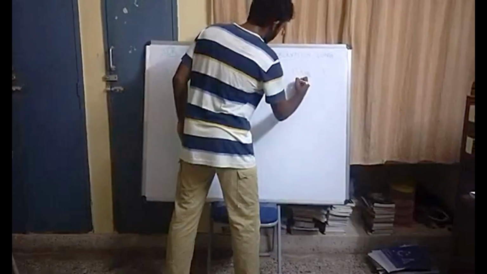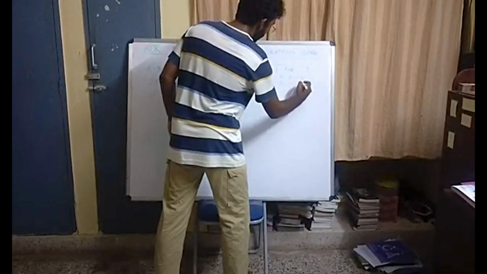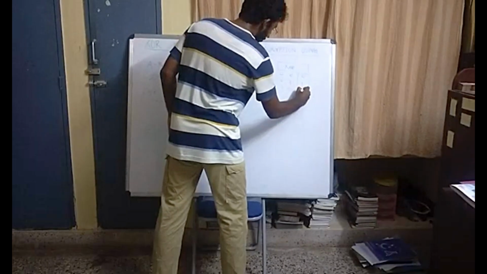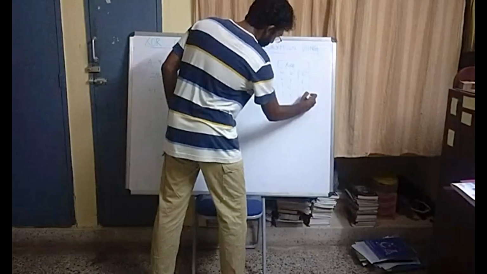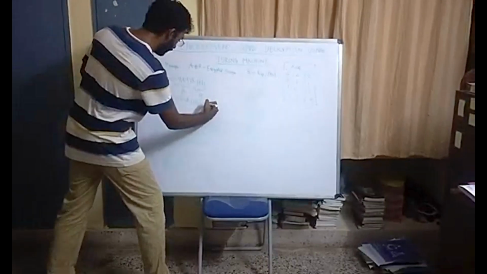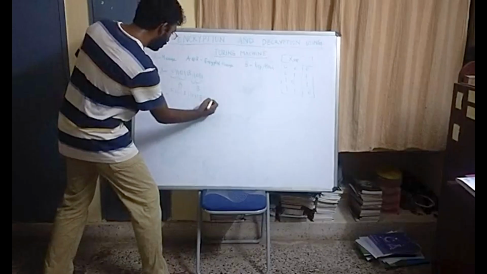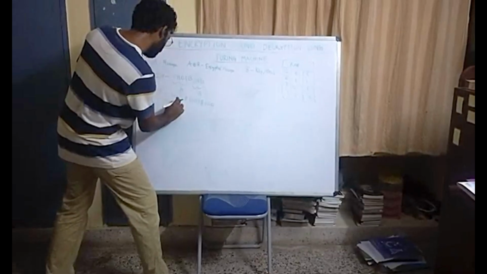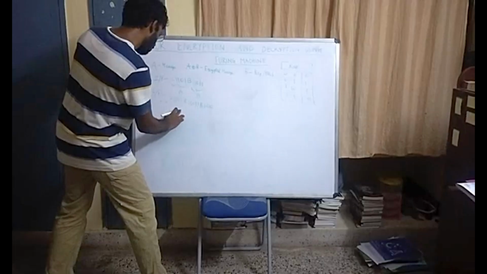For that we'll have 0 0 and 0 0 1 and 0 1 1 1 0 1 1 1 0. So our output will be: 0 and 1 will give us 1, 1 and 1 will give us 0, and 0 and 0 will give us 0, and 1 and 1 will also give us 0 and 1 will give us 1, 1 and 1 will give us